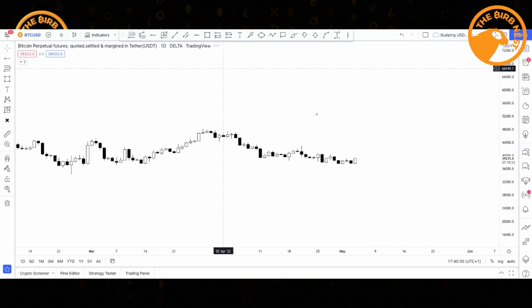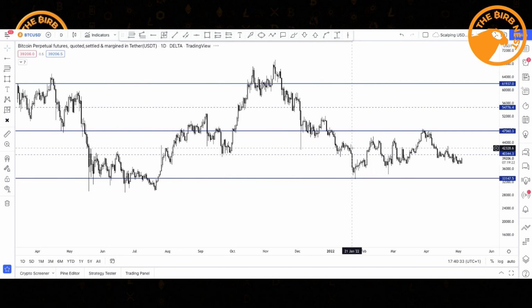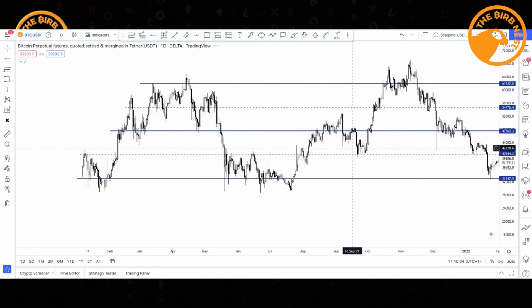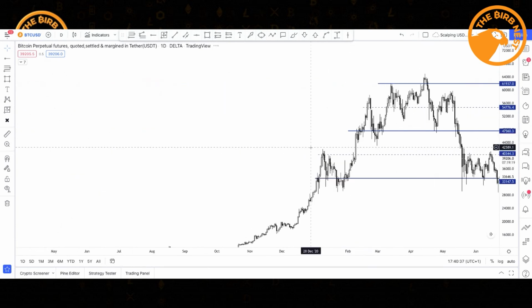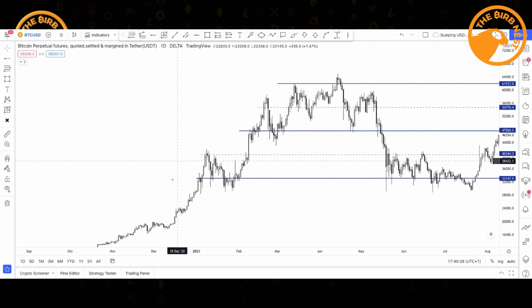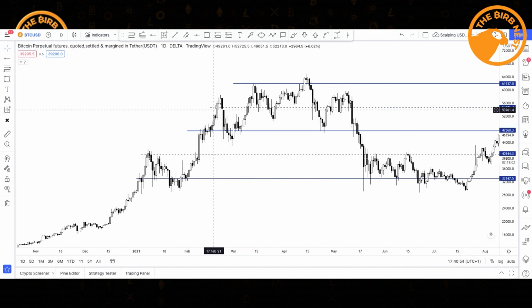So then we drop down to the daily, and this gives us a lot more information. And what we can see as we do this, we can see the key interactions that price has had. So price has claimed this level here, okay, gone up to the midline, retested this as support, back to the midline again, deviated below, closed above, and it's sold up to the range high, okay? Same here, up to the midline, down to the low, deviated below, up to the midline, up to the range